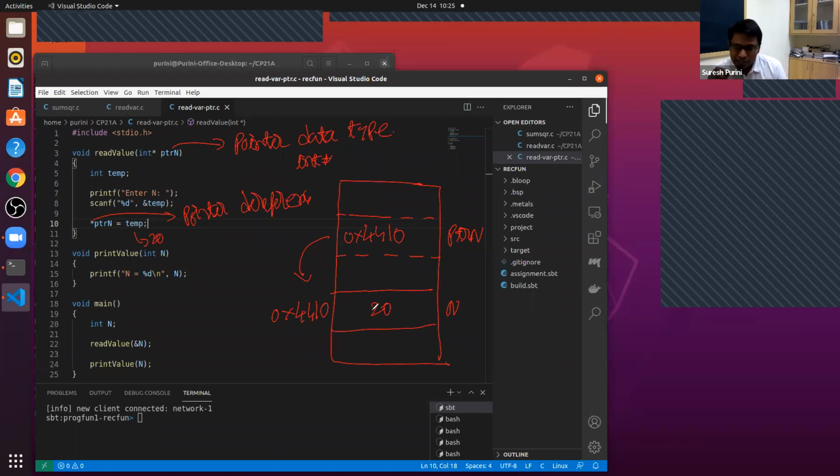Star ptrn means the ptrn variable contains an address. You go to that address and you update that location. Don't update ptrn. Go update the location pointed to by ptrn. What is star ptr?